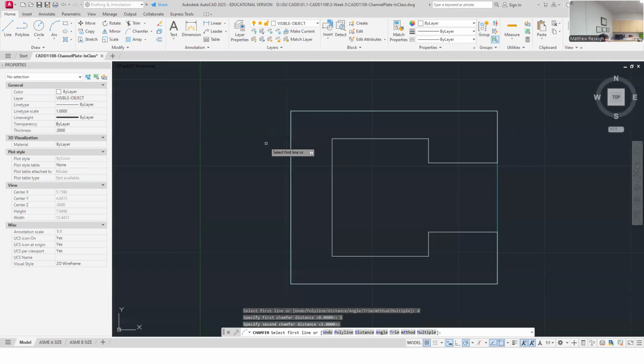So I'm just gonna hit enter because they're both 1. Now I have a distance set. And so now when I actually do what the command line tells me, select the first line, I'll select this one and then I'll select this one. And then it will chamfer that. And I can see the shadowing that it's going to do that 1 by 1 chamfer, which is what